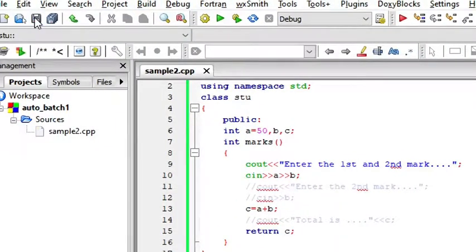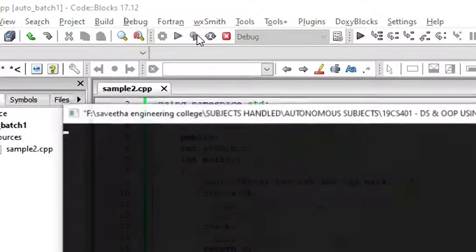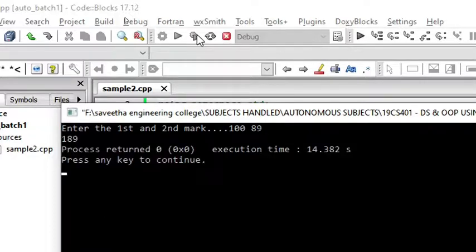Let me save and run this program. I give A as 50, so let me give 100 space 89. So it is supposed to print 189 or 89 plus 50. Let's check. It's taking my value.